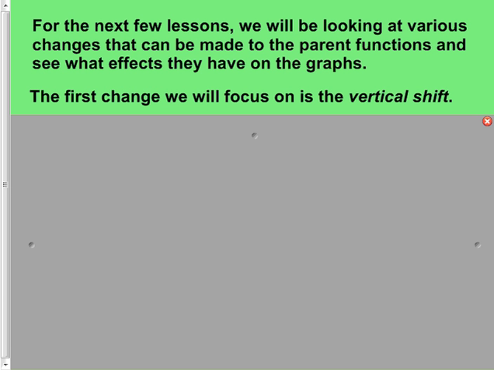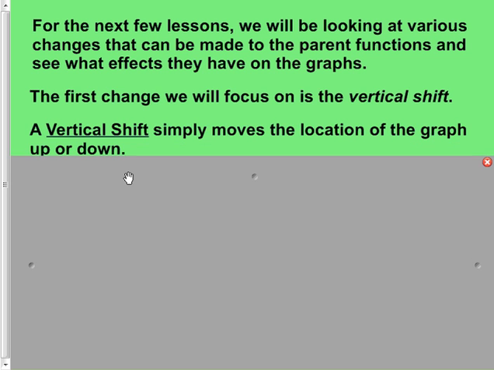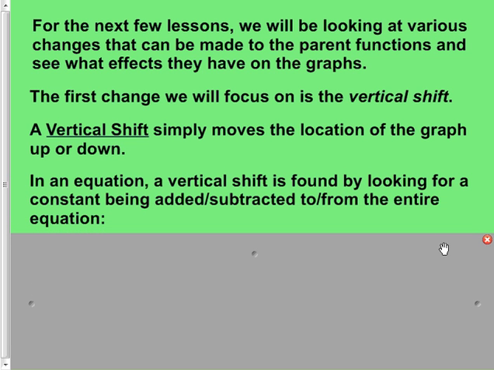All right, for the next few lessons, we're going to be looking at various changes that can be made to the parent functions and see what effects they have on the graph. And the first change, as we said, will focus on what is called a vertical shift. Now a vertical shift does exactly what it sounds like it does. It simply moves the location of the graph up or down. And the way it does this is in an equation, a vertical shift is found by looking for a